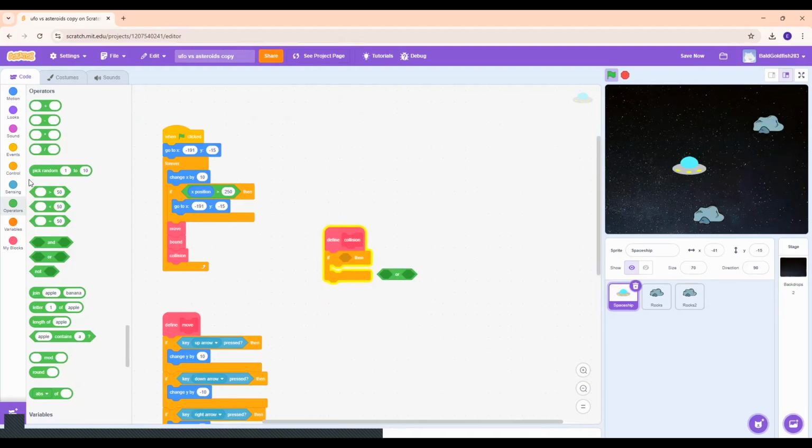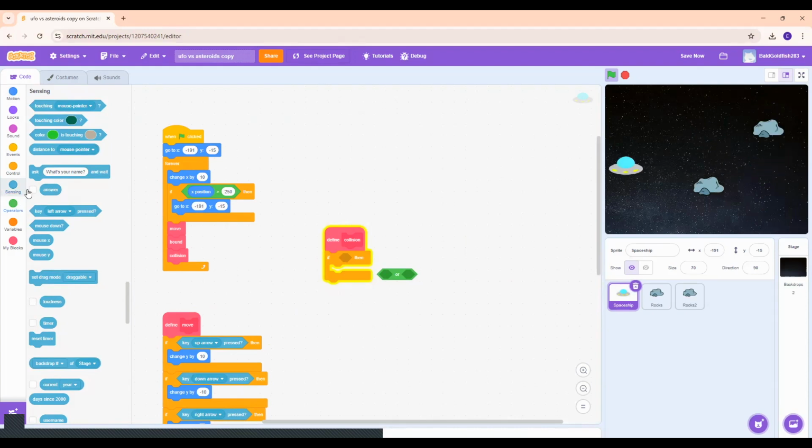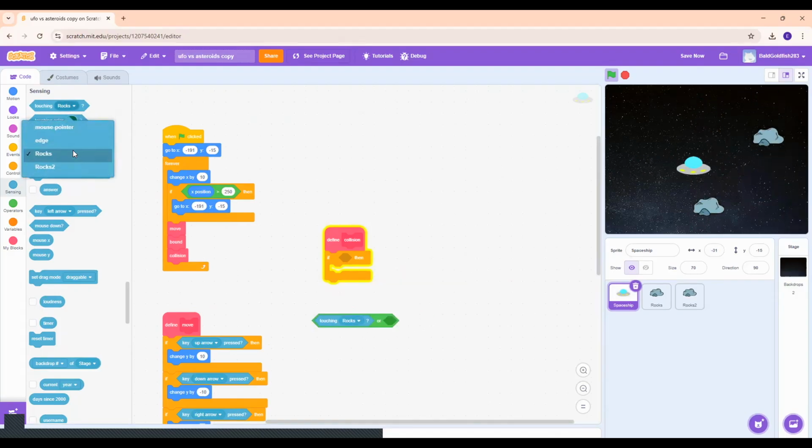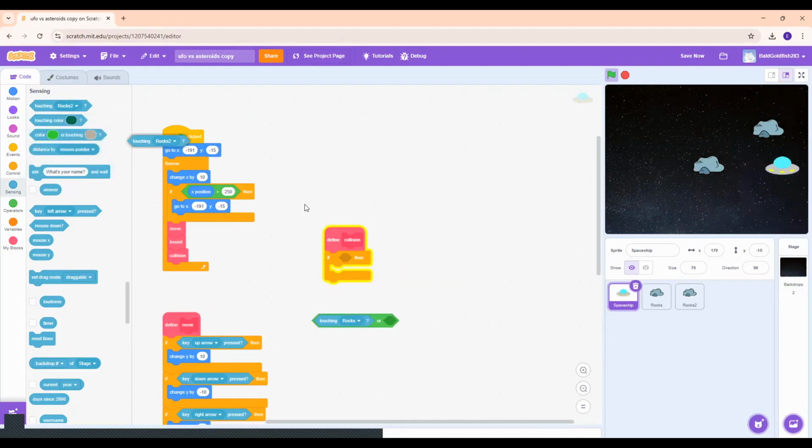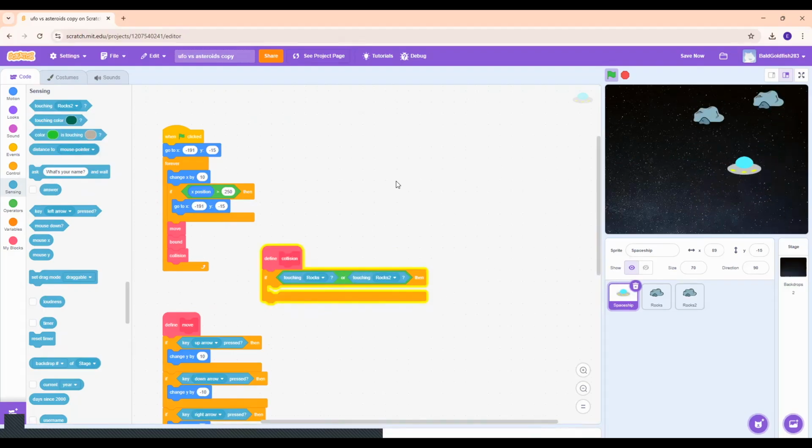And what do we need to do? We need to go to the sensing where it says if touching works for the first bit, or if the spaceship touches the works two, if touching works one or works two, then what we need to do,